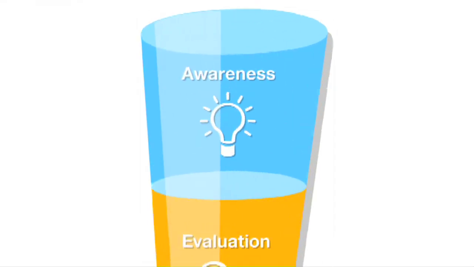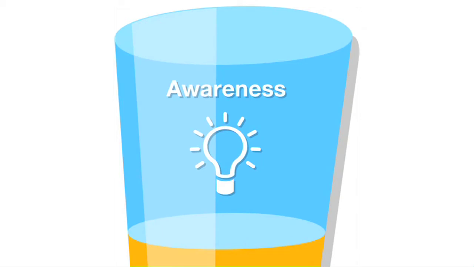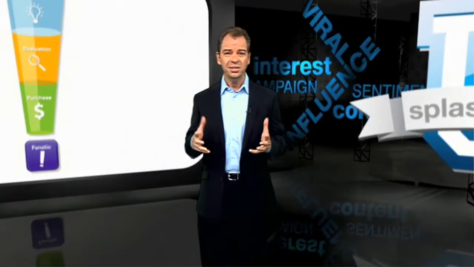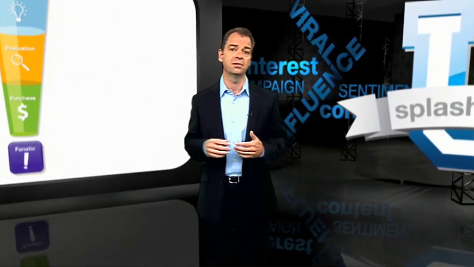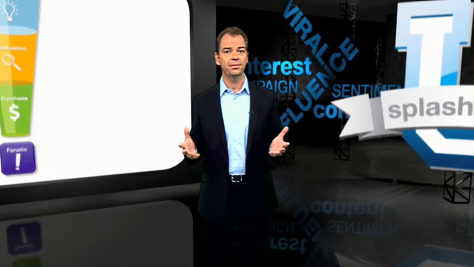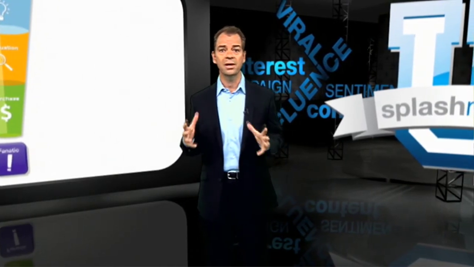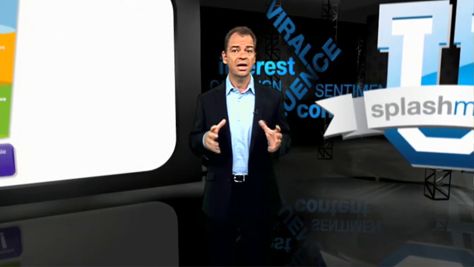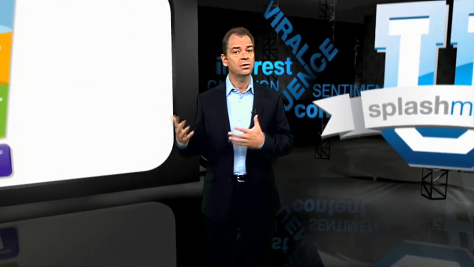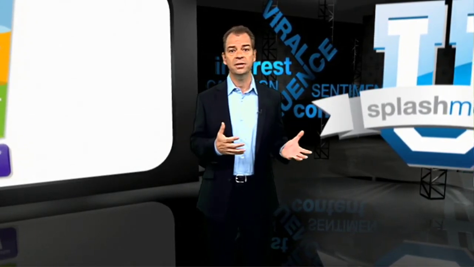The first stage is awareness. This is the stage in which your potential customer becomes aware that your company exists. You need to create content your target audience will find interesting before they're in market for what you sell. For example, if you're a car dealer, you might want to create blog articles or videos around how to winterize a vehicle. This type of content would only be of interest to car owners and would make potential customers aware